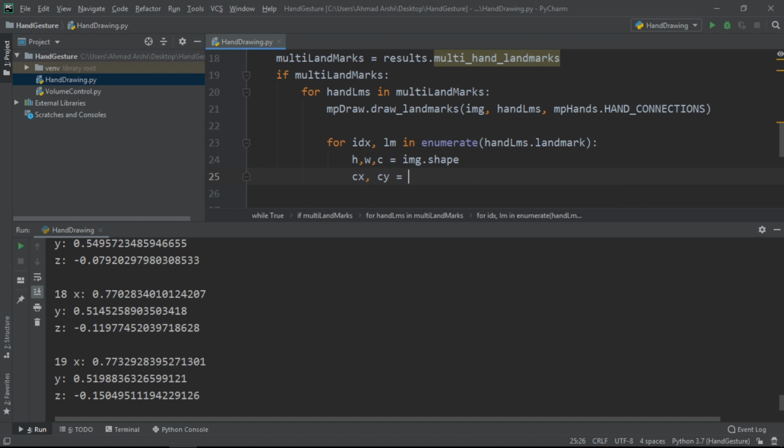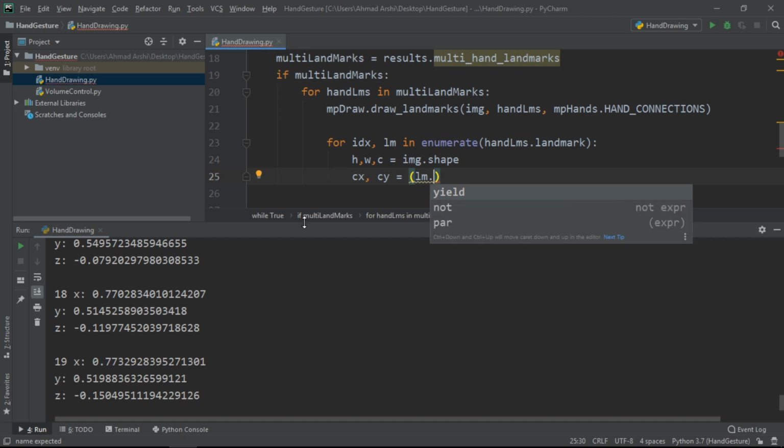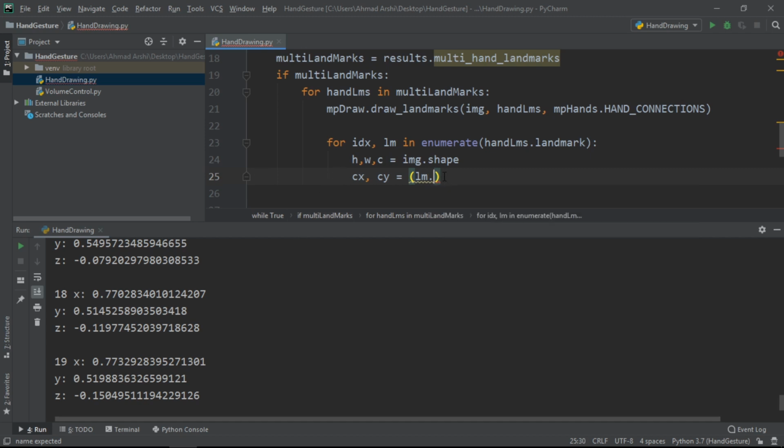So for that, we will write this landmark that we are printing, and from this landmark we need to get the X, we need to get the Y, and with the X we multiply the width and with the Y we multiply the height, and then it will provide us with the coordinates with respect to the pixels.